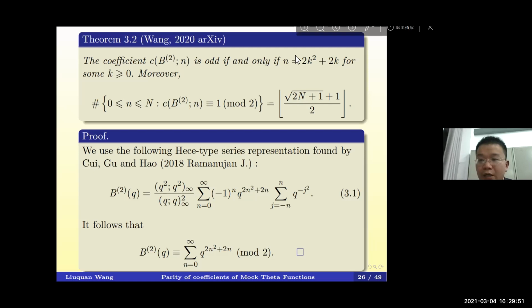the product part will be congruent to 1 modulo 2, and this part, because the summation is symmetric over n, we will see that only the zero term, when j equals 0, remains when we consider it modulo 2. So after modulo 2, we actually get